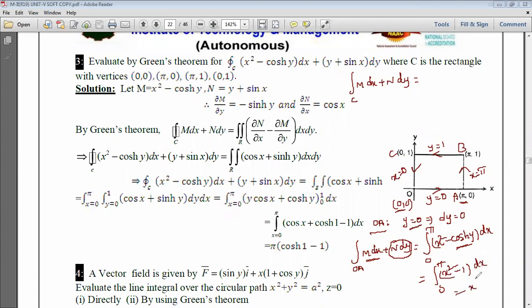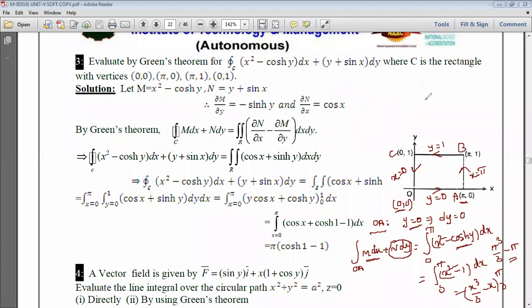If you substitute the limits in that, if you apply integration, x cube by 3 minus x between the limits 0 to pi, and if you substitute in that, simply what we get is pi cube by 3 minus pi. This is along the line OA. Next, along the line